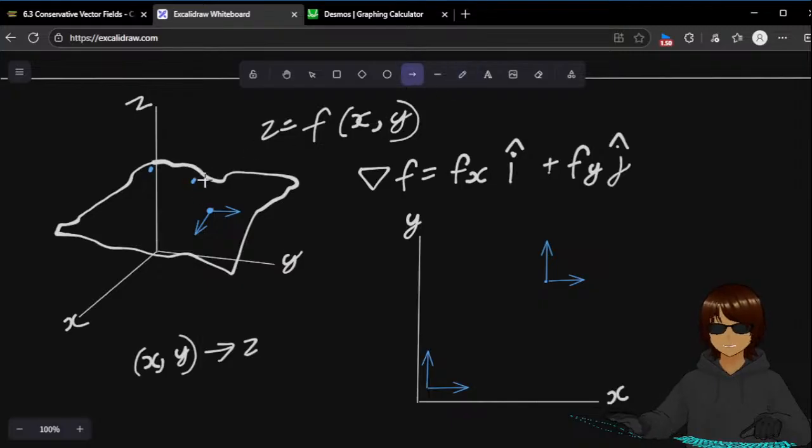If the gradient is decreasing, then it would be negative. So negative in this direction, positive maybe in that direction. So I can do this